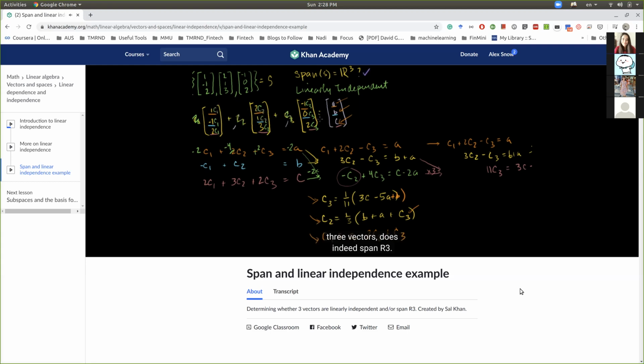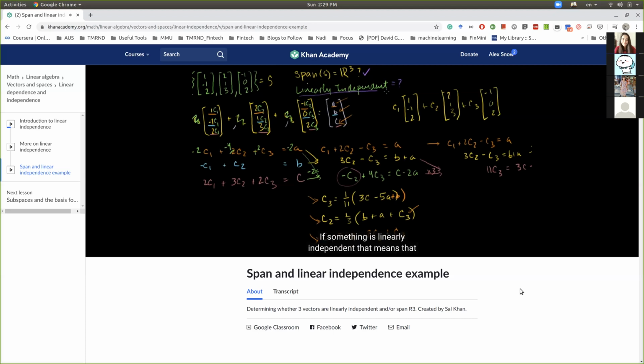Now let me ask you another question. Are these vectors linearly independent? Yep. Now, we said that in order for them to be linearly independent, the only solution to C1 times my first vector, 1, minus 1, 2, plus C2 times my second vector, 2, 1, 3, plus C3 times my third vector, minus 1, 0, 2,